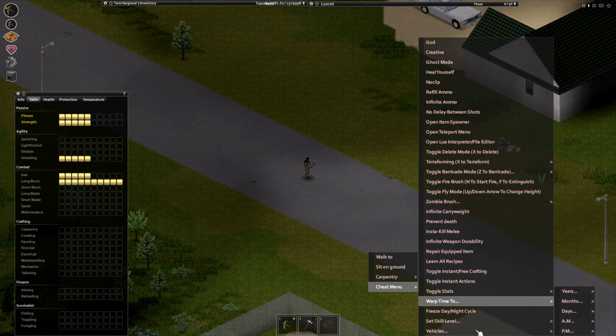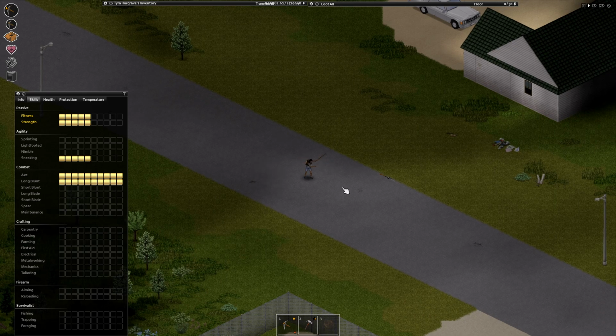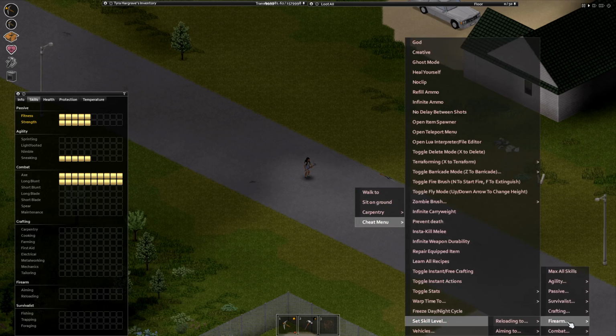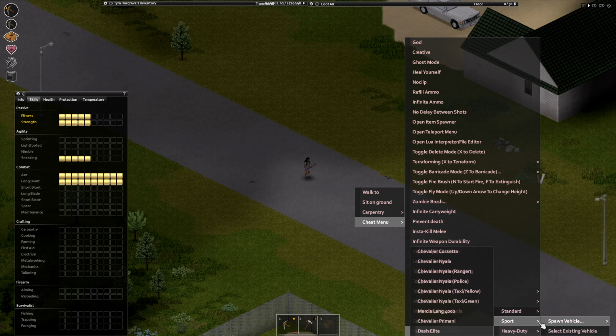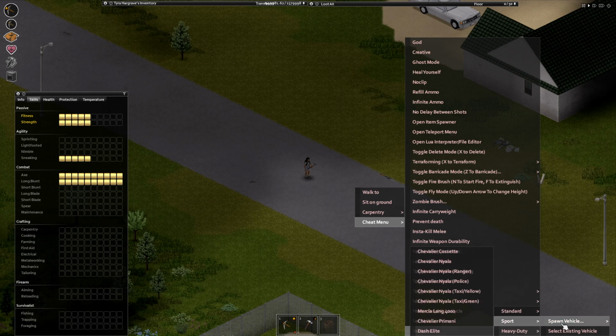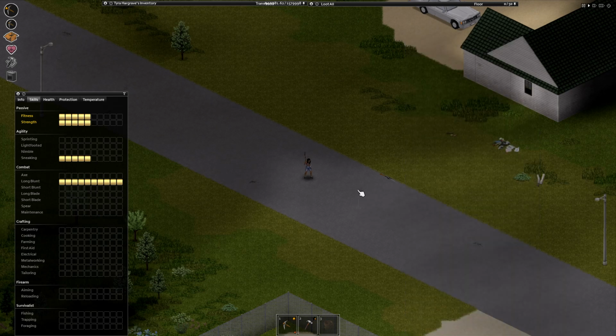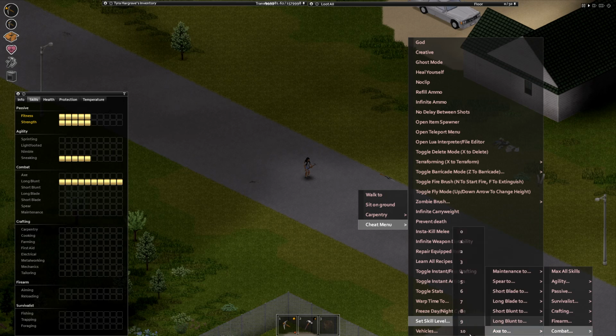Oh, sorry, that was long blunt. I don't need that. Set skill level X to 10. So it's not as noticeable, but I'm gonna go back and set it to 0 again. And then set it to 10 and hopefully you can see it. So we're here in 0 and you go, and when we go to 10,